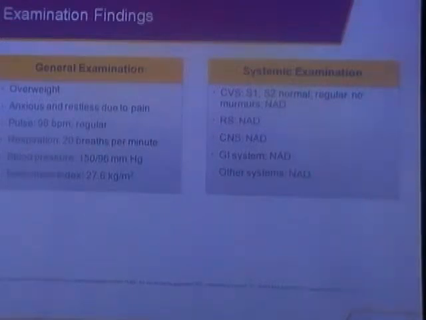Most of them are normal, unless they have ended up in a mechanical complication of MI like mitral regurgitation or VSD, which is quite rare. Most of them are normal on examination. Some of them may have a few basal crepitations due to pulmonary edema. Other than that, we usually don't find anything on systemic examination.